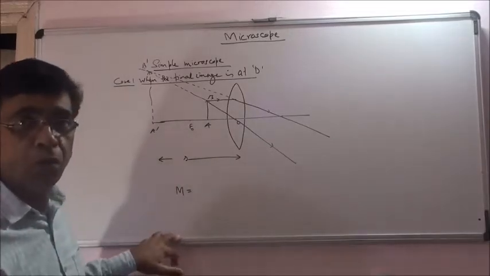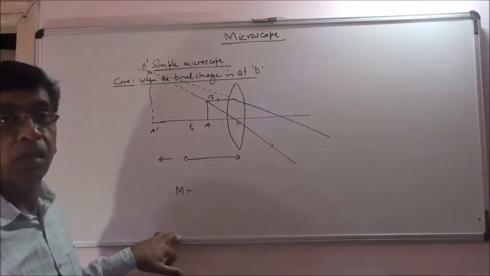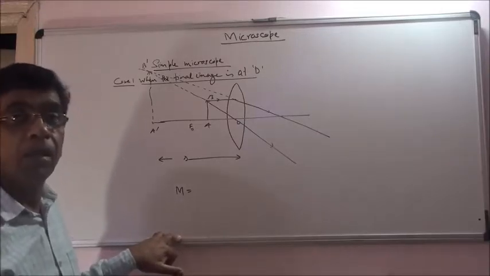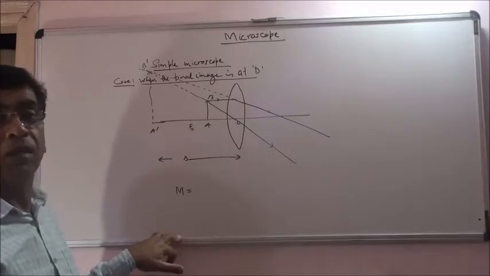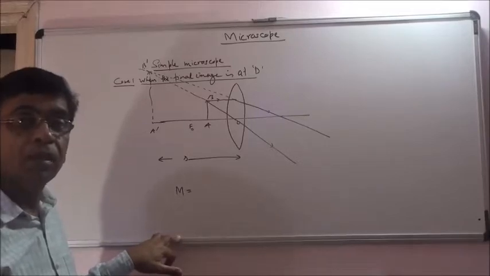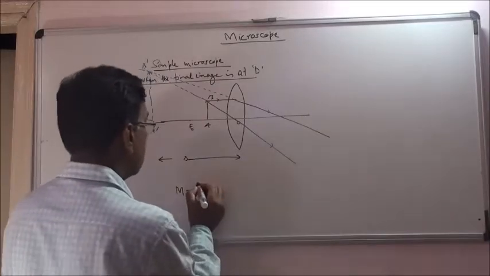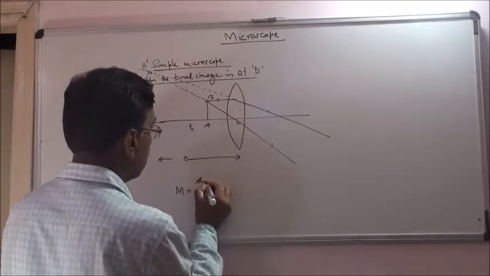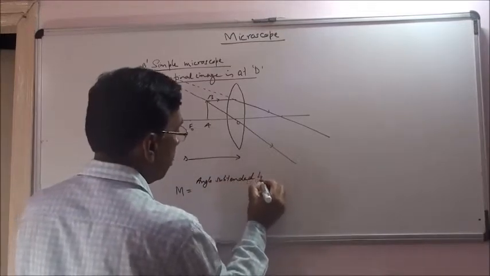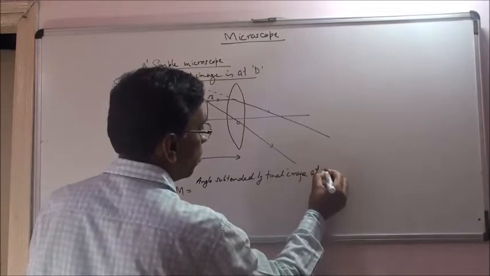It is the ratio, we did it in the last class, of the angle subtended by the final image at the eye